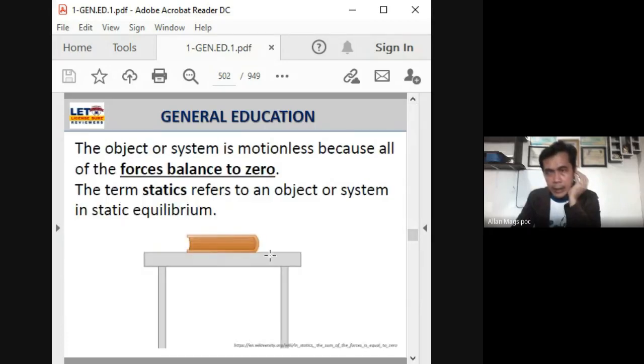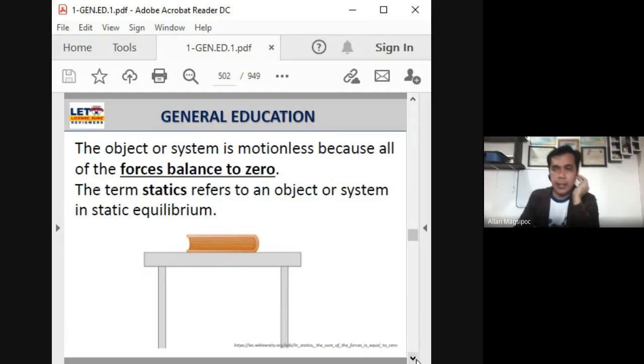Okay? If mas malakas ang force ng book or any object heavier than the book, magiging imbalance ang system kung mas mabigat ang object on the top of the table. Yeah, so mangyari dyan is masira yung table. But this time, the system is motionless because all of the force ng table through its stand and ng book by gravity is equal to 0, or it's static